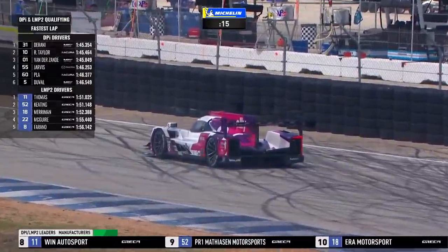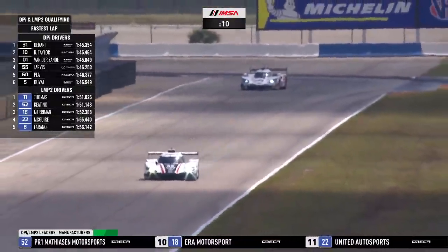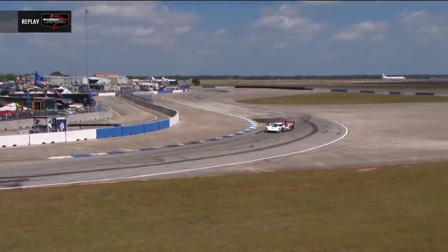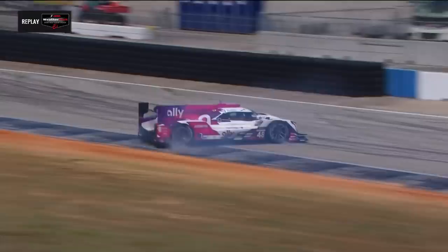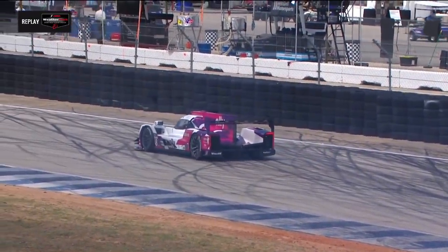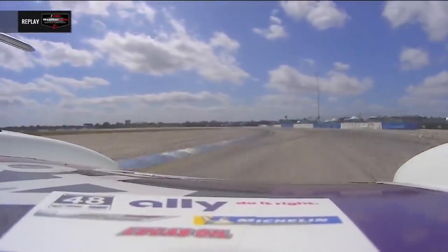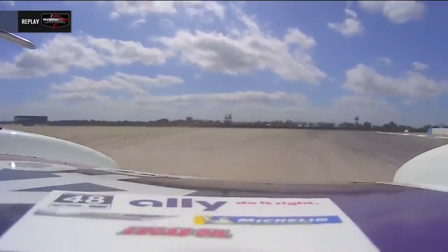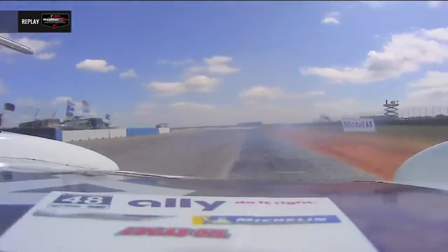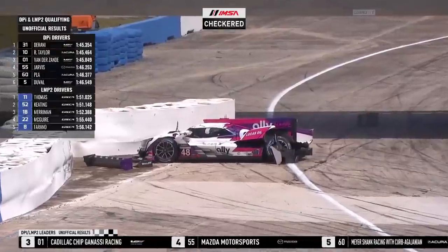He's pushing hard, as has been Jimmy Johnson in the Ally Cadillac, and he spun at turn 16 on what was looking to be a decent lap, trying to take too much pace in and lost it in the middle of the corner. And that's not going to do that set of Michelins any good. May have flat spotted them. That might be a new set of tyres before we start the 69th Mobil 1 12 hours of Sebring tomorrow. But he's sitting down in 7th out of 7 cars anyway, so that's not going to be...